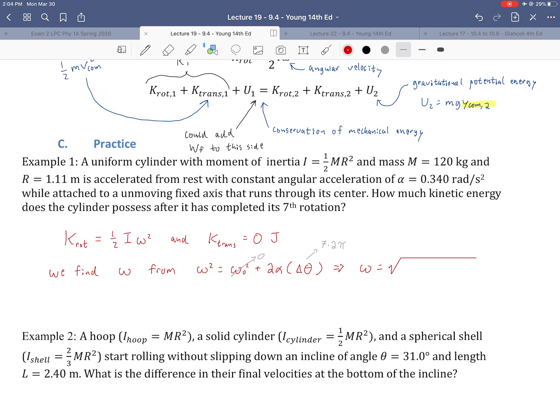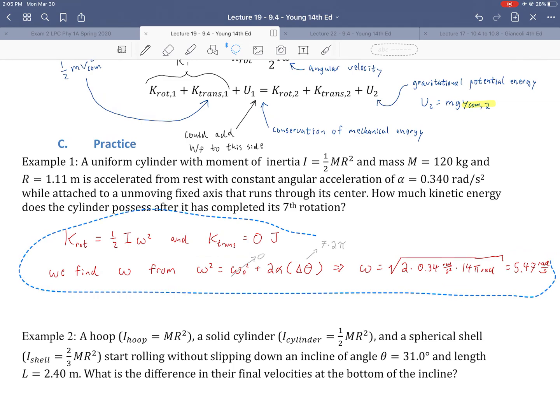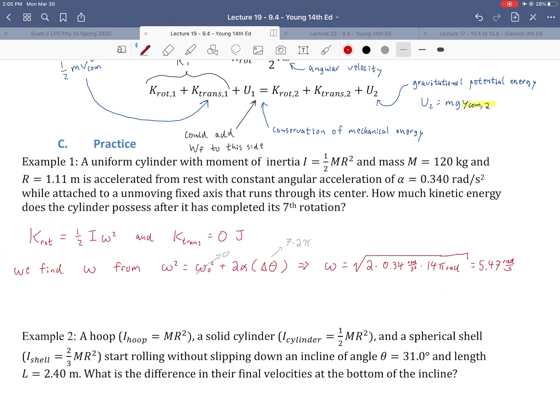And so then when we go to solve for our final angular velocity, we're going to get 2 times 0.34 radians per second squared times 14 pi radians. And that gives us a value of 5.47 radians per second. All right, looks good. There we are. And so now we're ready to plug into the kinetic energy formula,